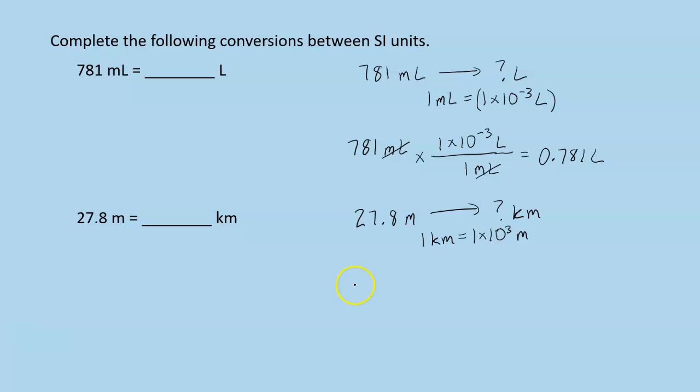So we're going to start out with that given information, 27.8 meters, multiply, and then we use our equality, and we always want the target units from the equality on top. So if our target is the kilometer, then we're going to put 1 kilometer from the equality on top, and then underneath 1 times 10 to the 3rd meters. Meters cancel, and we get back